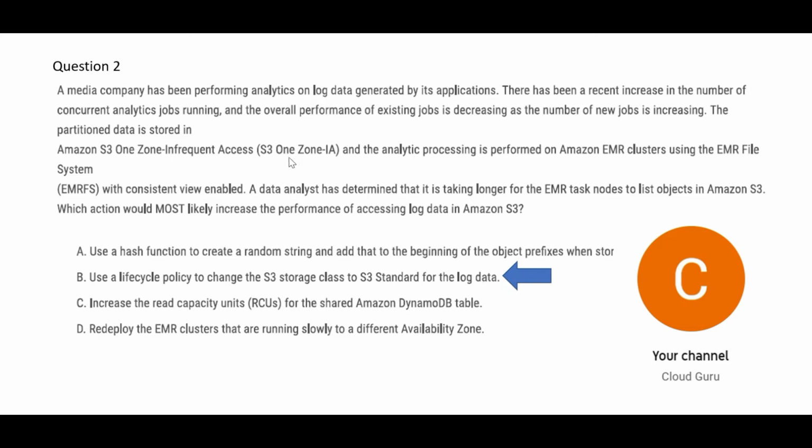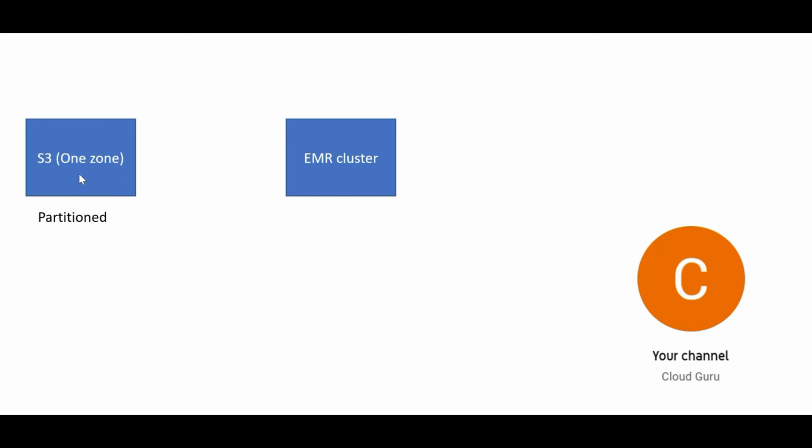What will happen is the One Zone class will be changed to Standard, but it will still have no impact, because it is not the problem. What is the difference between the two, Standard and One Zone? One primary difference is that One Zone is on a single AZ, and Standard is on multiple AZs. So the problem is not arising because everything is on one AZ. This is because of some sort of bottleneck around the DynamoDB tables.